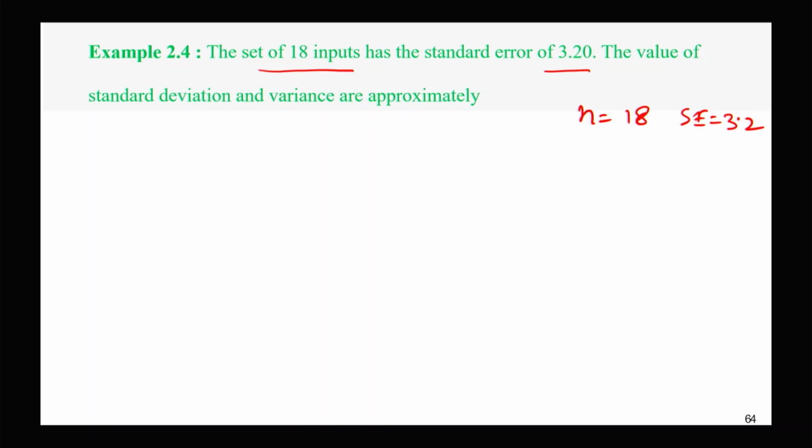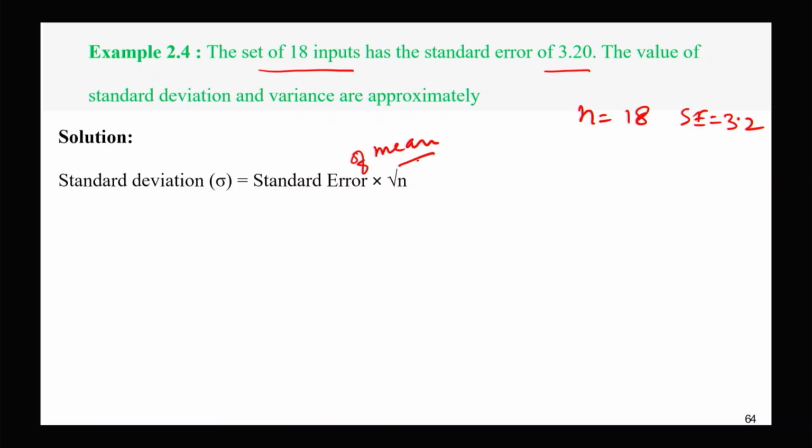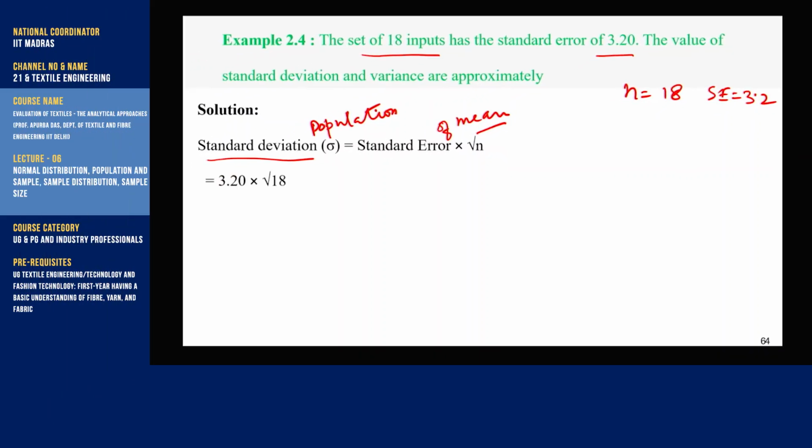If we want to calculate the standard error of standard deviation, I'll just discuss that. First, from the standard error of mean, we can calculate the standard deviation of population,